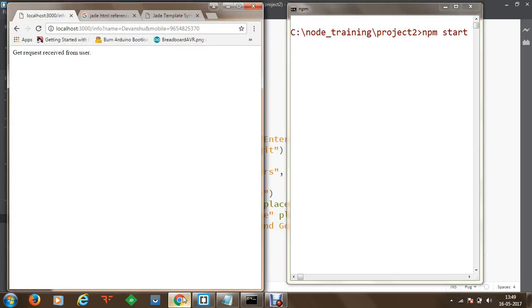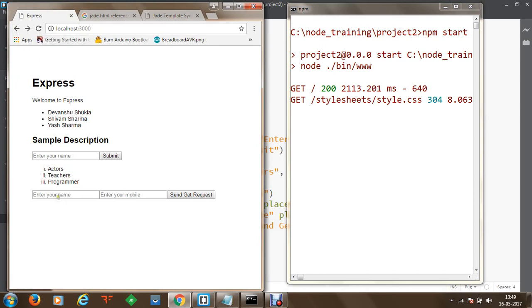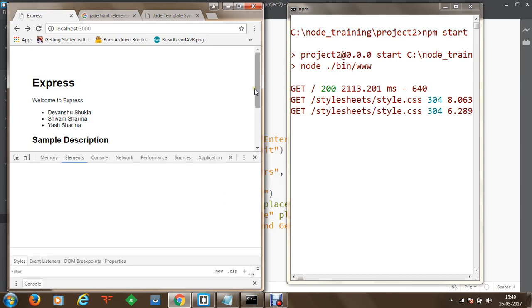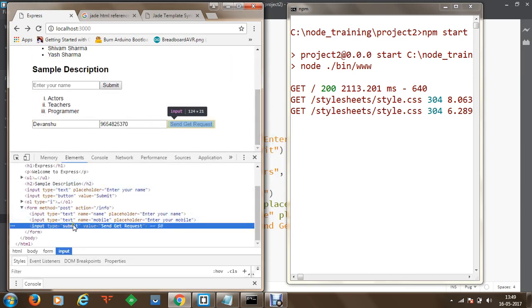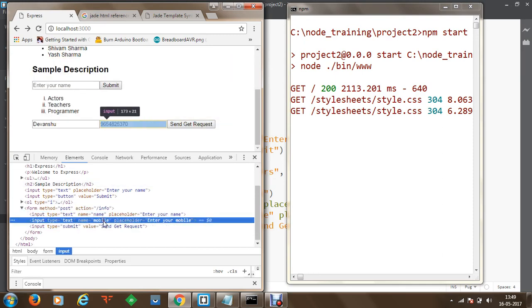Now we can open our application, go to this page, and refresh the web page. Once we refresh, we have the information available to send via POST format, and 96548255370 is written here. You can see that I can inspect the element from here, and this time the method will be post. These will be the key identifiers of the POST request.